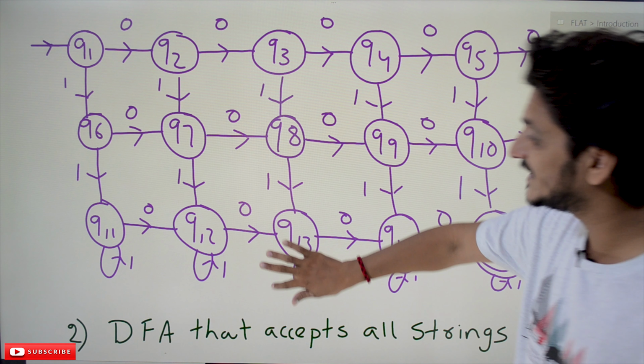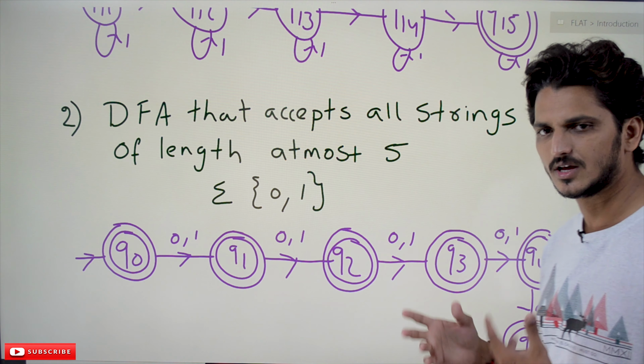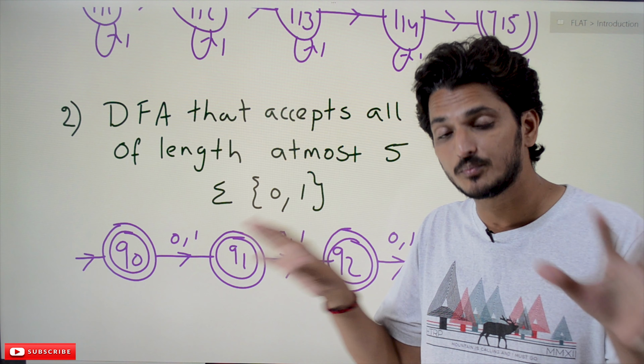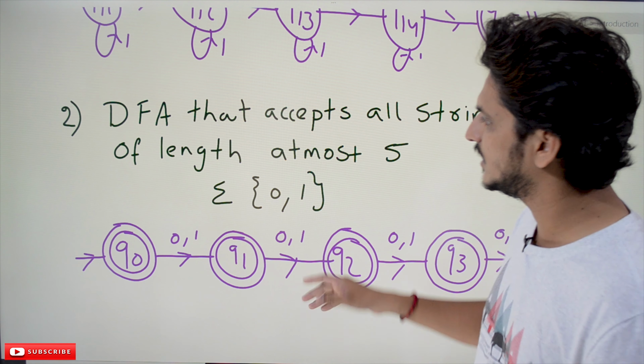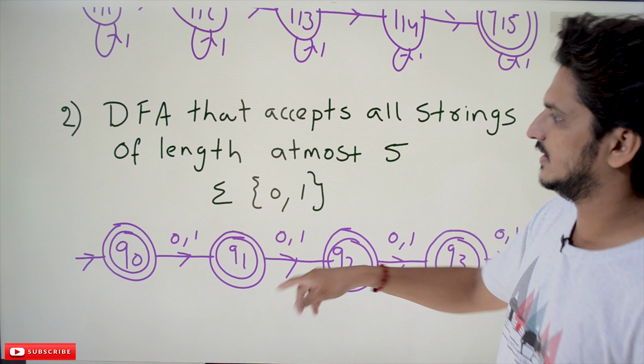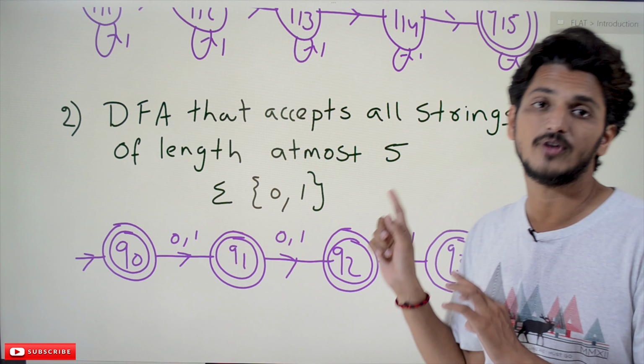Okay, coming to the next example. This is very simple, but why have we chosen this example? Because, in order to give you intuition on different possibilities, all the examples take different possibilities to construct the DFA. Those types of examples are considered in our first 10 classes. So: a DFA that accepts all strings of length at most 5.